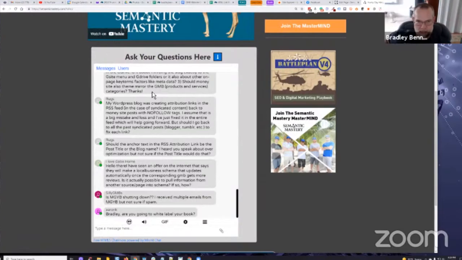And even if there's a money site for a GMB project, a business, a client, a lead gen asset, whatever, even if I have a money site, which 95% of them do, I've been putting the GMB website URL in the website field in the Google My Business profile, and putting my money site page in the appointment URL field. And I talk very specifically about why I do that in the mastermind. I'm not going to talk about it here,